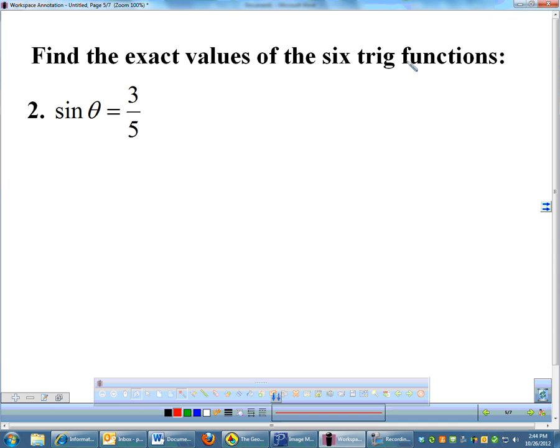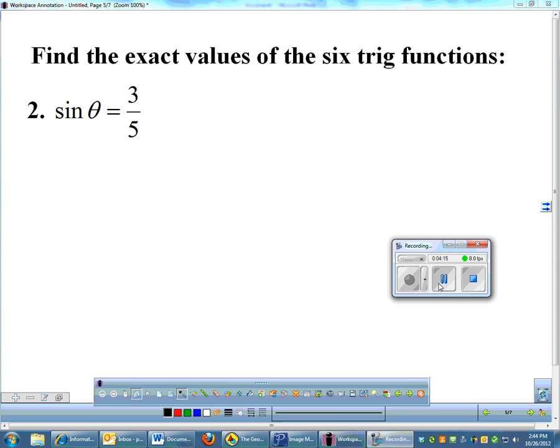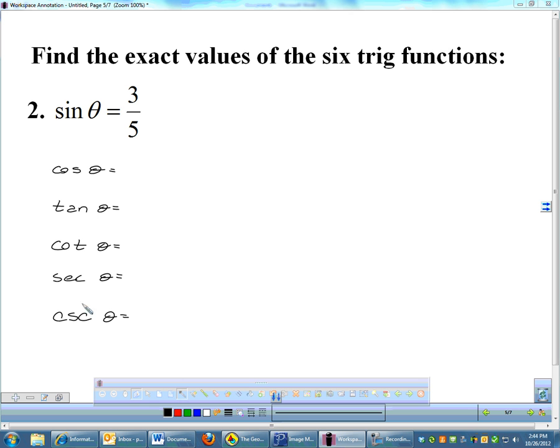Let's see, moving on. Find the exact values of the 6 trig functions. This one's a little trickier because here I give you one, and you need to find the remaining ones. So let me jot those down real quick. There we go. I've got to find the remaining 5 of the 6 trig functions when all they told you was that sine theta is 3 over 5. Well, if you remember our friend SOHCAHTOA,